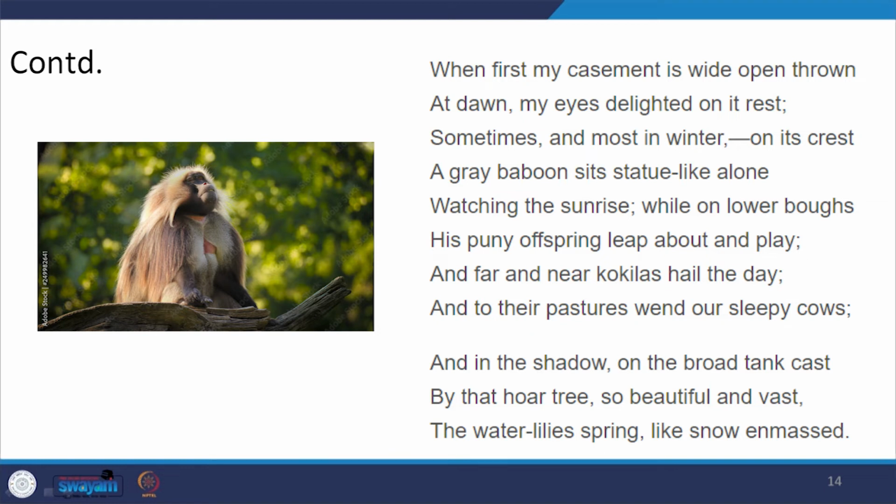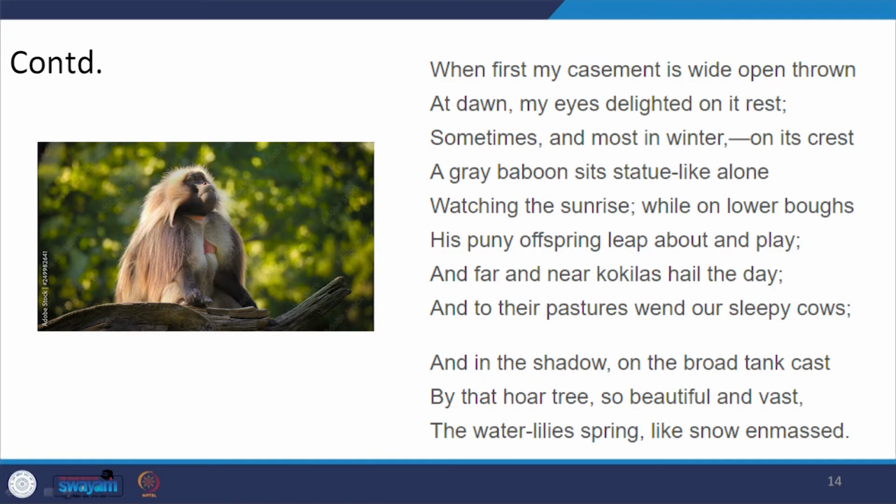See, at some places Toru has written that she had quite a sheltered life, and when she came out of her own bungalow or building, there were people staring at her. So she had only the opportunity of looking through her own windows, and where she says, sometimes and most in winter, on its crest a grey baboon sits a statue like alone, watching the sunrise while on the lower boughs. So this is Toru's view of the outside world, when she is confined in her own room, living a sheltered life,